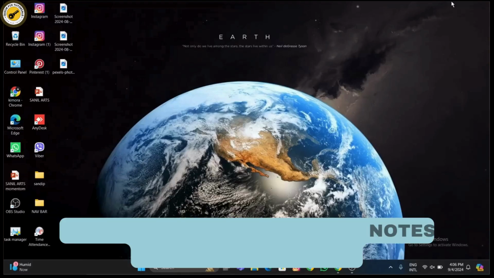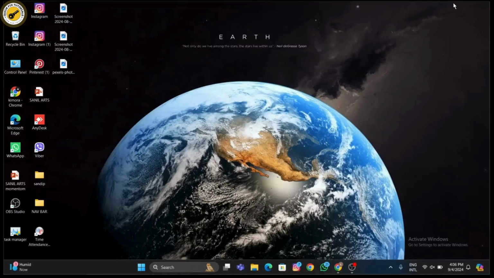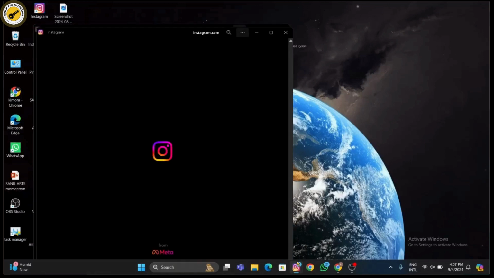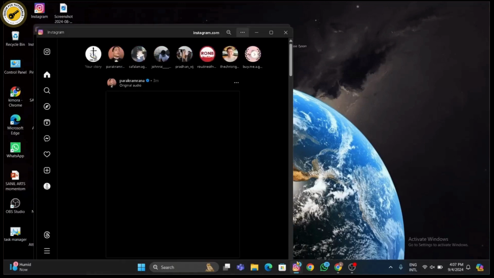How to access Instagram notes on your computer. If you're a fan of Instagram and you've been wondering how to use this feature on your PC or Mac, you're in the right place. Let's dive right in. First things first, open your Instagram app or web browser, whether you're using Chrome, Firefox, Safari,